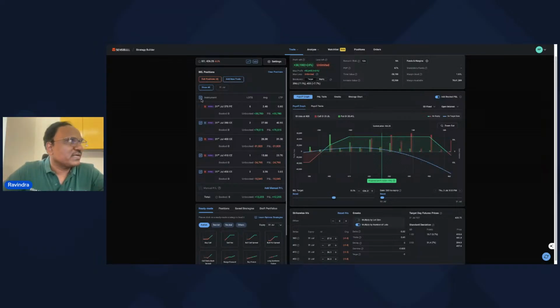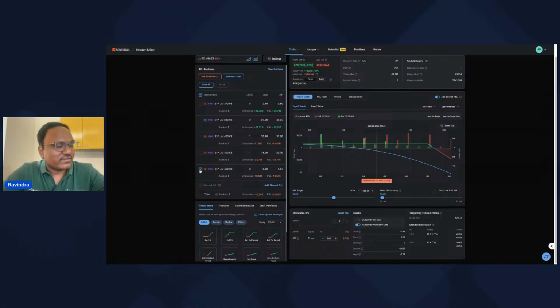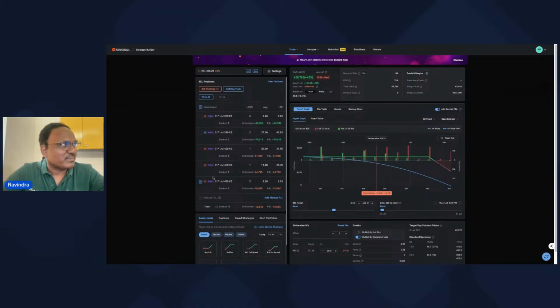The way you build the strategy is very important, right? First you look at what are the places it can't touch. This is one place that I think it will not touch, which is 450. I took this trade when BEL was about 410, I think. This I believe it will not touch. Now you come to this, which for sure it will not touch. So it's about 76% probability.